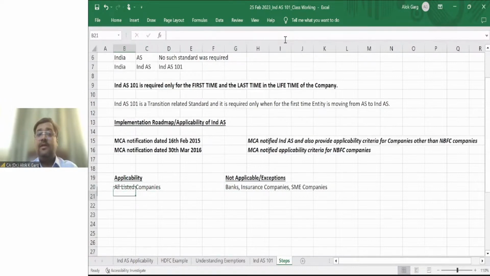Okay. Sir, what about unlisted companies? Unlisted companies include private limited companies, right? So we have not bifurcated between private limited and other than private limited, because unlisted could be public limited as well, right? A limited company which is not a private limited could be unlisted, right? So unlisted companies,